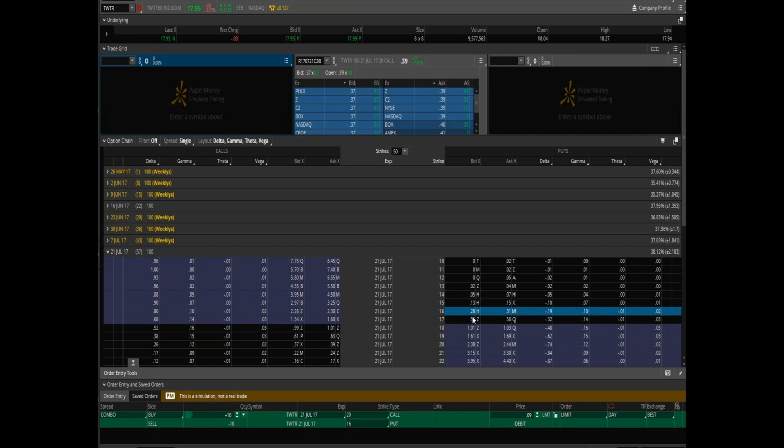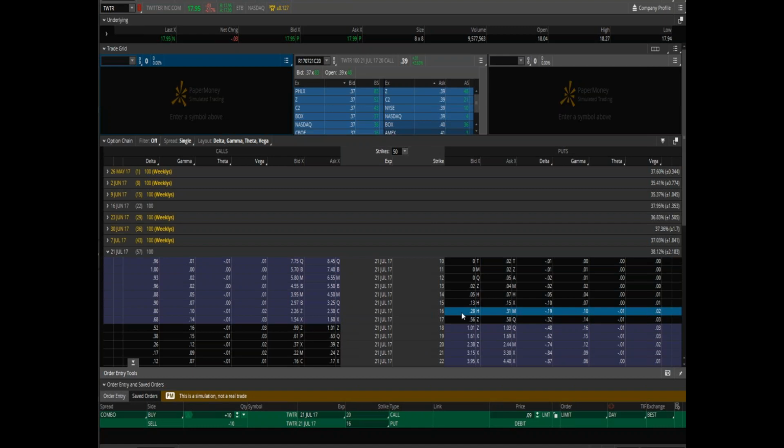So, for instance, this one's trading at 18. If we look at the 17 or the 16 puts in this example, and then buying the 20 calls and selling the 16 puts. Sorry about that. You can see we're doing this for a debit. Now, I don't like to do it for a debit. Even though those are equal distance away from each other, what's happening here is because I'm not able to pay for this